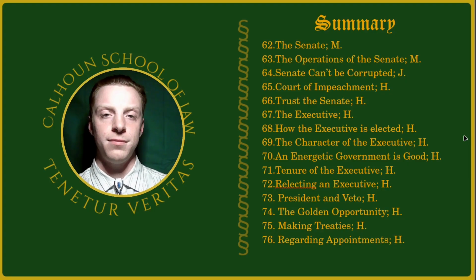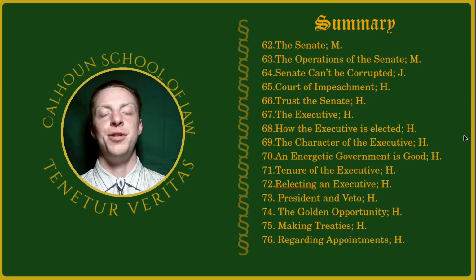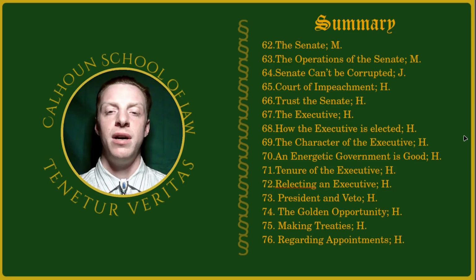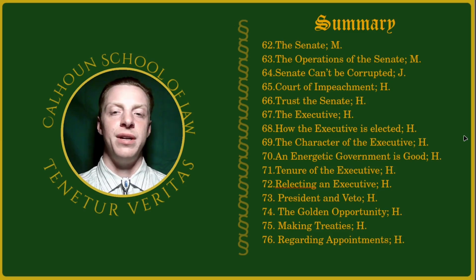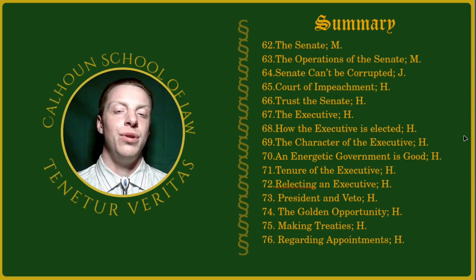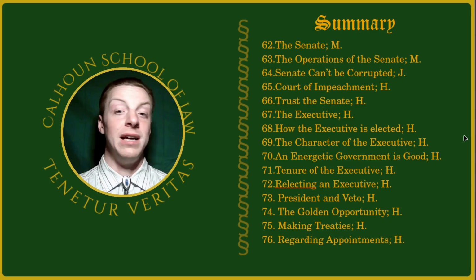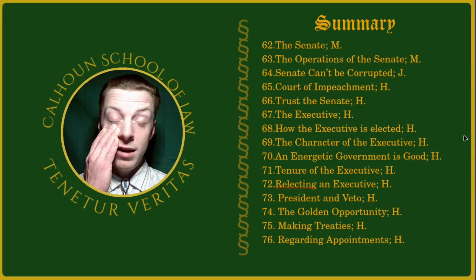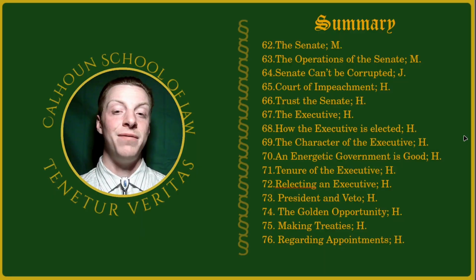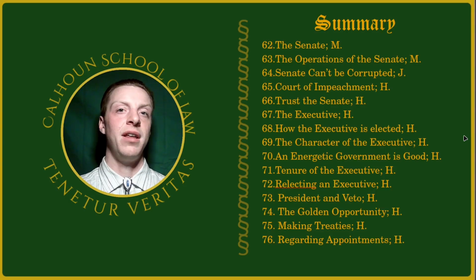67, Hamilton explains the executive, why he's the chief diplomat, why he's to be the head of the military, the commander-in-chief, why he's going to have the powers that he has, and that hopefully they designed the executive well enough to not inevitably become a king. Now, Hamilton, in his other pennings, made it clear that he wanted a king, which is why he pushed so fervently for Washington's election, because he believed that Washington was the only man who could effectively and affectionately prove to the people that having a king in the executive would be a good thing.